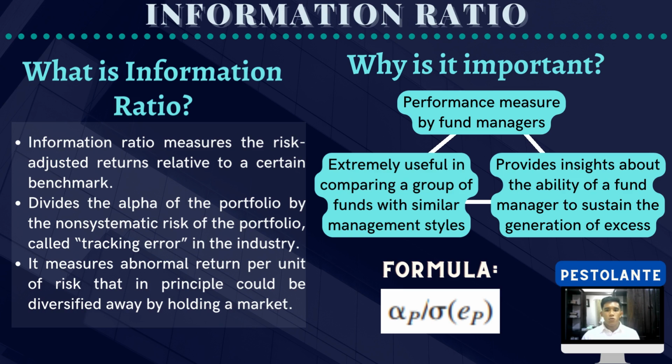First, the information ratio is a performance measure used by fund managers. Second, it is essential in comparing a group of funds that has similar management tactics. And lastly, it provides insights about the ability of a fund manager to sustain the generation of excess returns. The information ratio is calculated by dividing alpha p and the standard deviation, or average return minus average benchmark, then